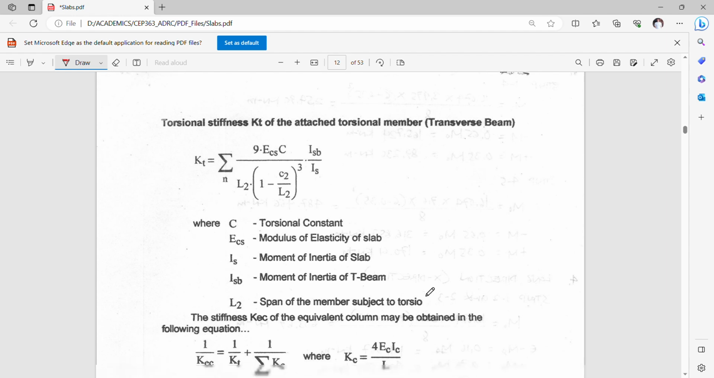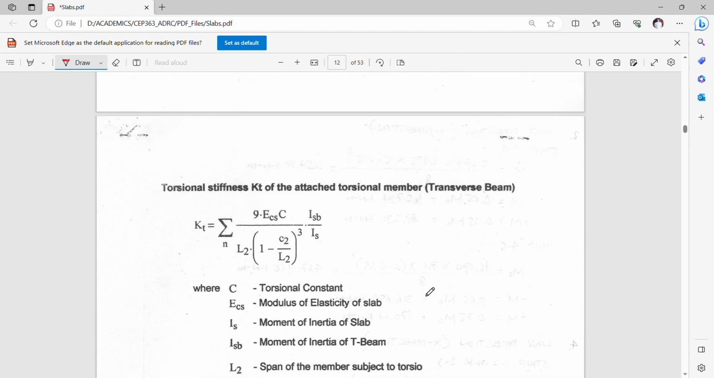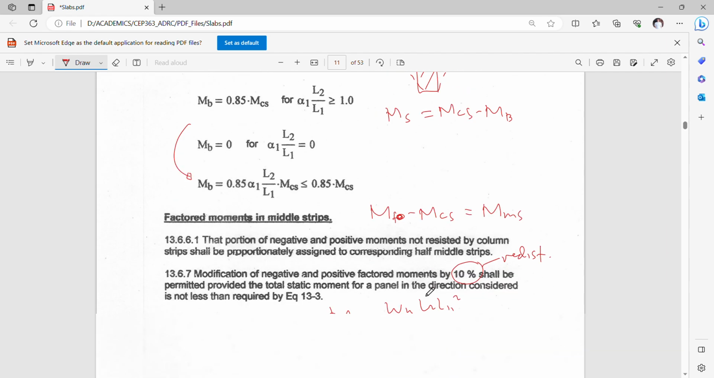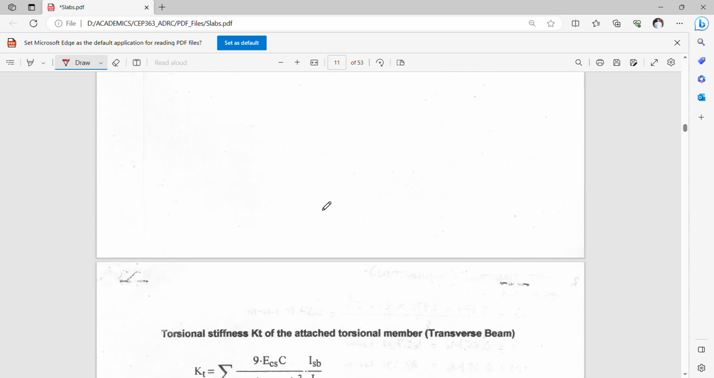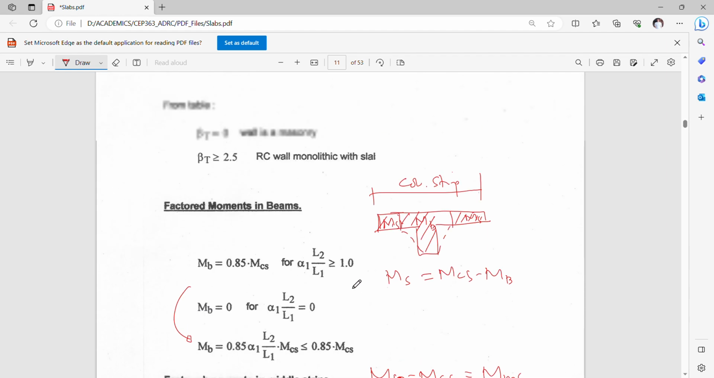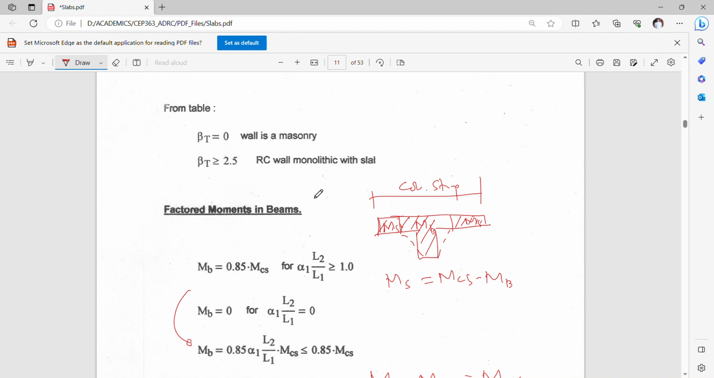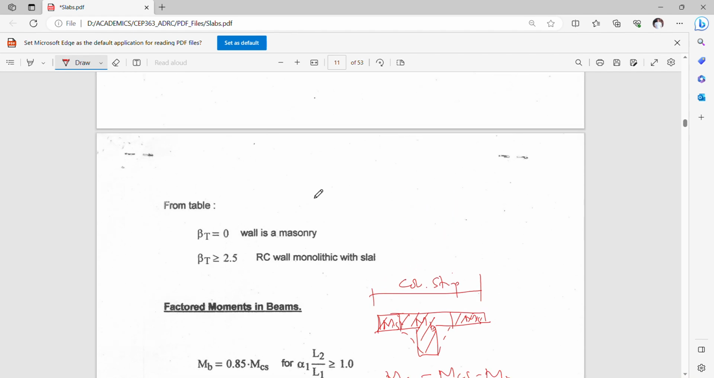Now for the additional formula to be used, this is now to be used in the ACI equivalent frame method. In the equivalent frame method, this additional formula will now be added to the formula I just recently discussed, and I will be discussing that in my next video, so that you will not be mixed up and confused with so many